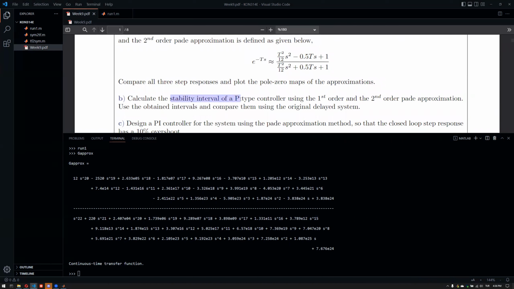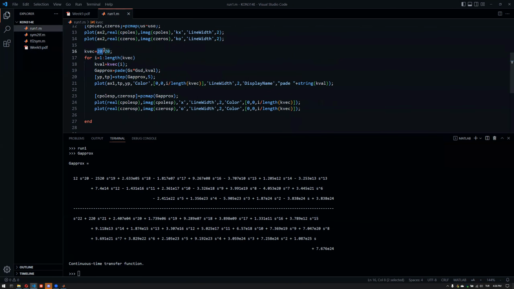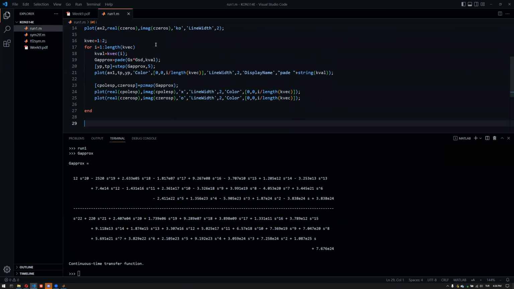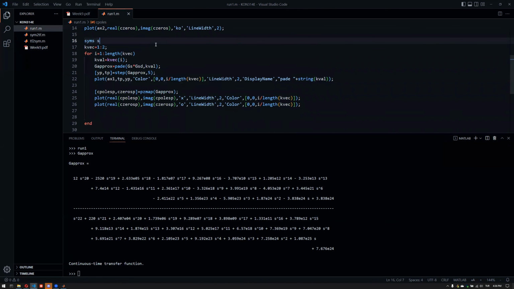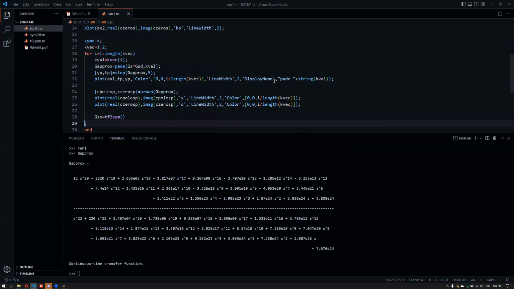let's calculate the stability interval of a P-type controller using first order and second order Padé approximation using the intervals. Well, let's do it. Now I'm going to stick with this here. So let me just do it for the first two orders here. So what I'm going to do is I'm going to do the following. So syms s. Since we have G approx and since I have tf to sym, I'm just going to call it tf to sym for me to convert that into